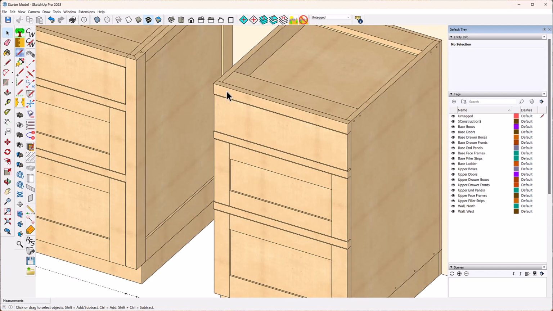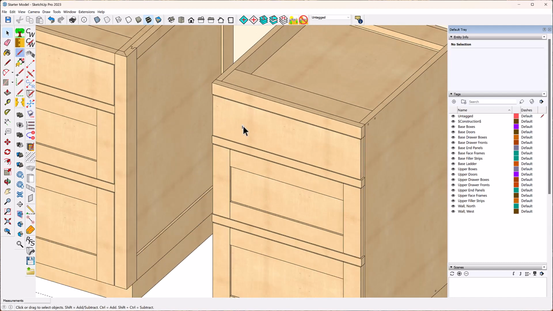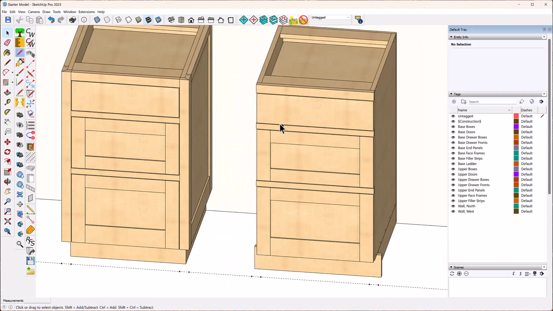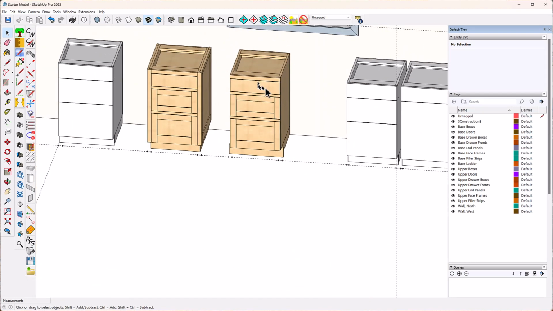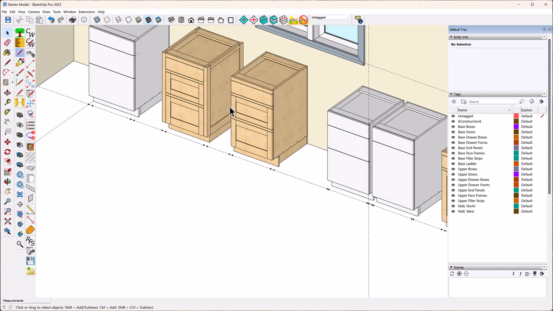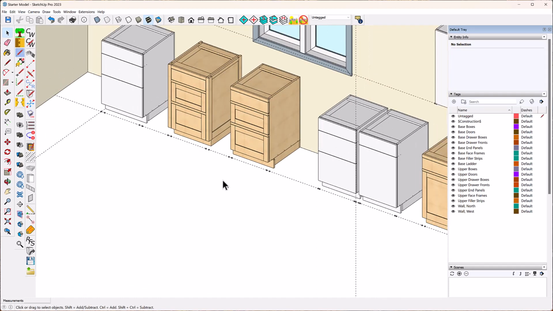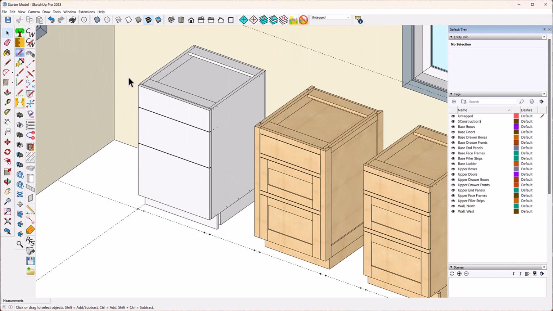Now I end up with the door and drawer fronts overhanging the side, leaving a reveal, of course, but overhanging the sides. This is a very popular way to do it in frameless designs. But the problem with that now is there are times when you want to add end panels and or